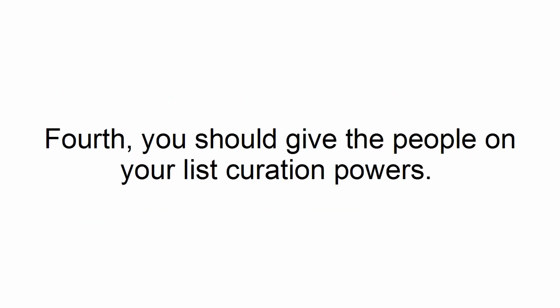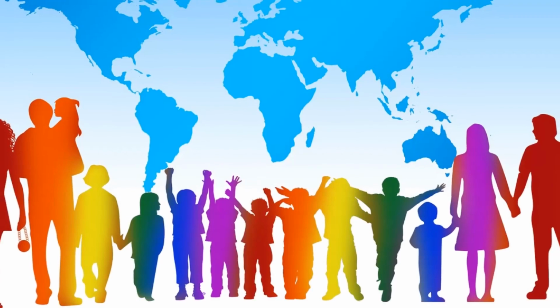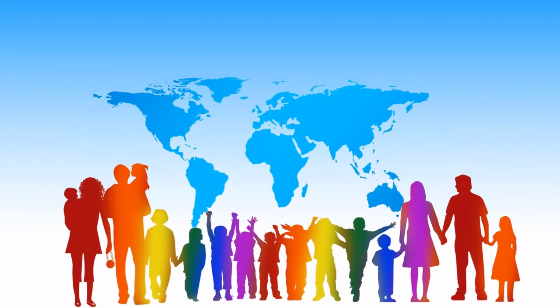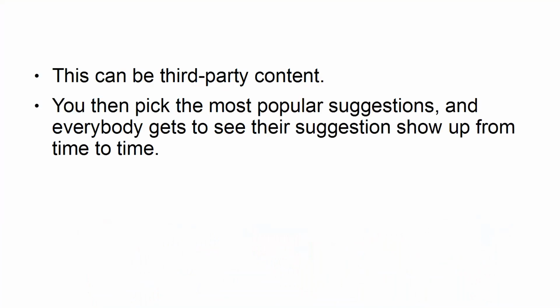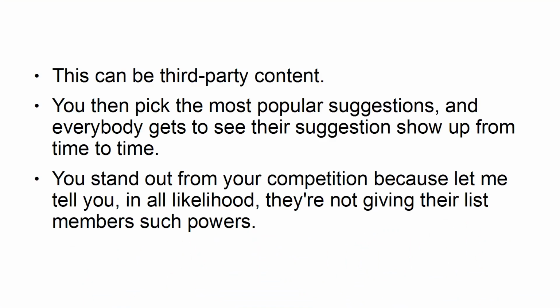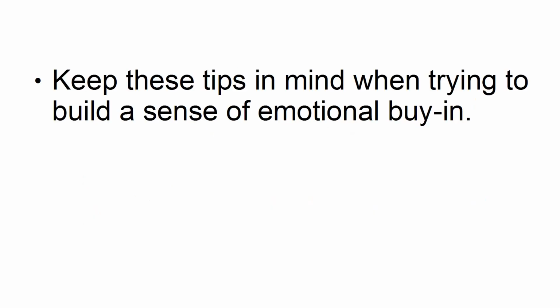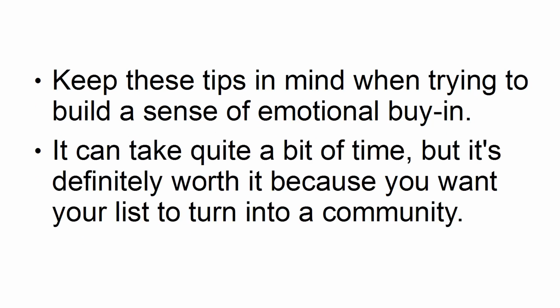Fourth, you should give the people on your list curation powers. This is a form of crowdsourcing. Basically, you're telling people, tell me what kind of content you want me to share in my list. This can be third-party content. You then pick the most popular suggestions, and everybody gets to see their suggestion show up from time to time. You stand out from your competition because let me tell you, in all likelihood, they're not giving their list members such powers. Keep these tips in mind when trying to build a sense of emotional buy-in. It can take quite a bit of time, but it's definitely worth it because you want your list to turn